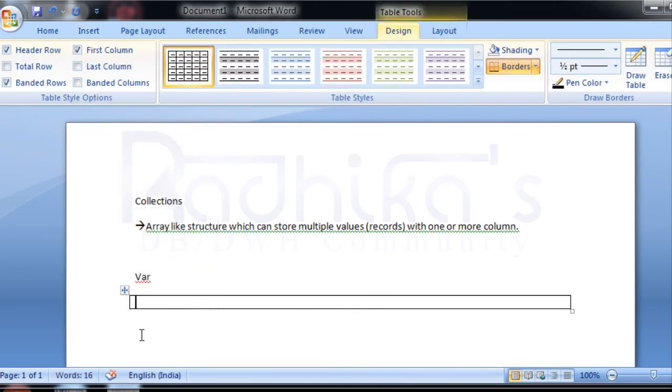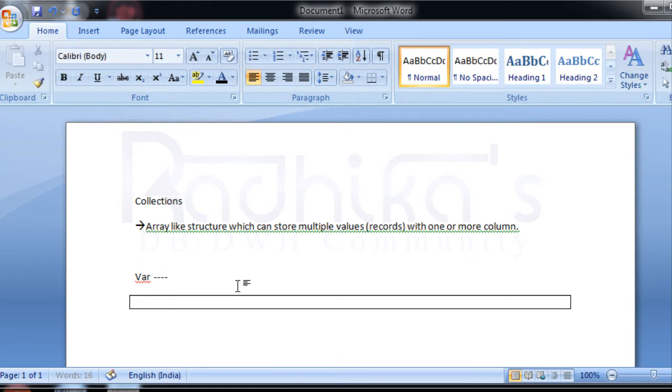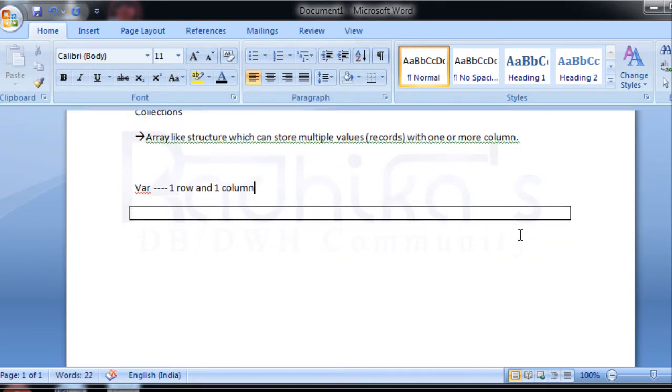Think of this as a variable called var, and it has one row and one column. So this is a normal variable.